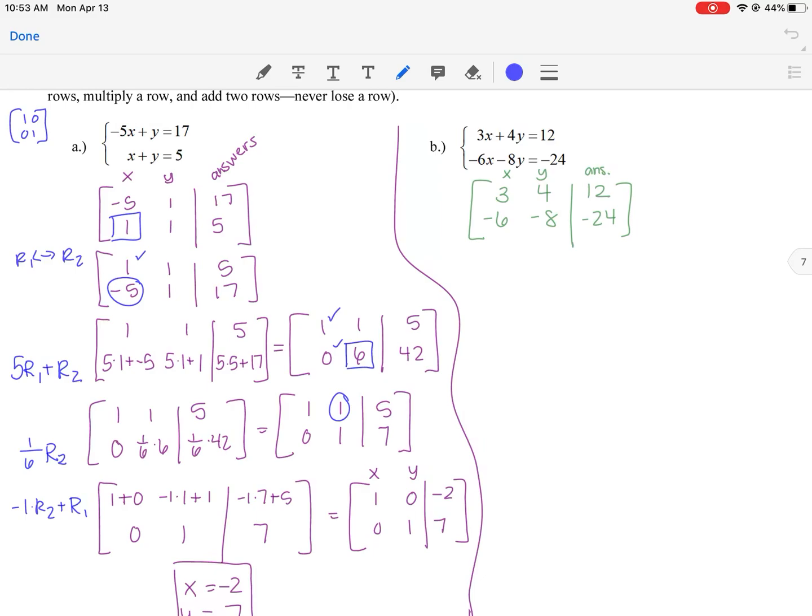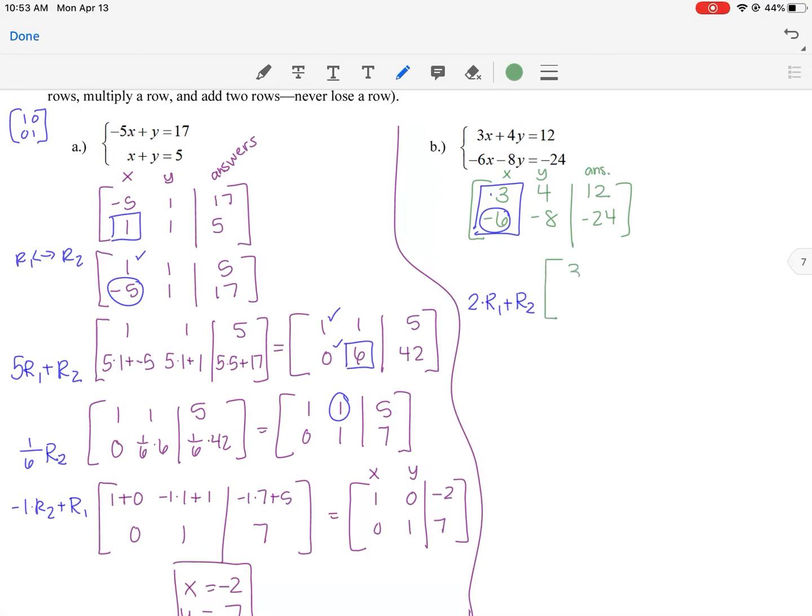We want to try to get it like the identity. So choose one column to focus on. So maybe I try to focus on this first column, let's say. And what I really want this to be is a 1, and I want this to be a 0. In this case, you could start by multiplying the first row by 1/3 to get it to 1. But I think it's going to be easier to make that a 0, and then we'll worry about making that a 1. So, in order to make this bottom row a 0, that -6 a 0,